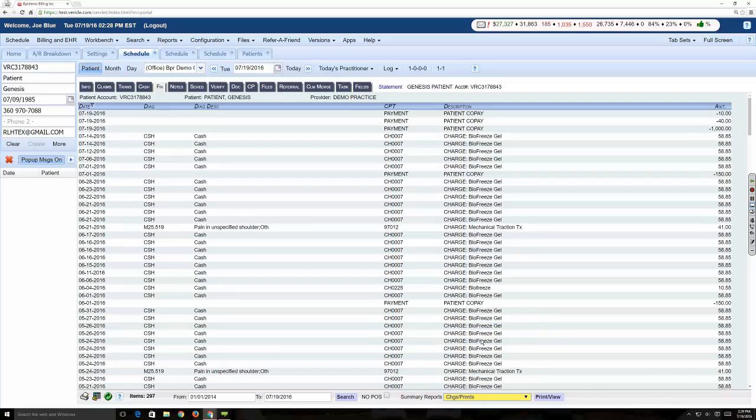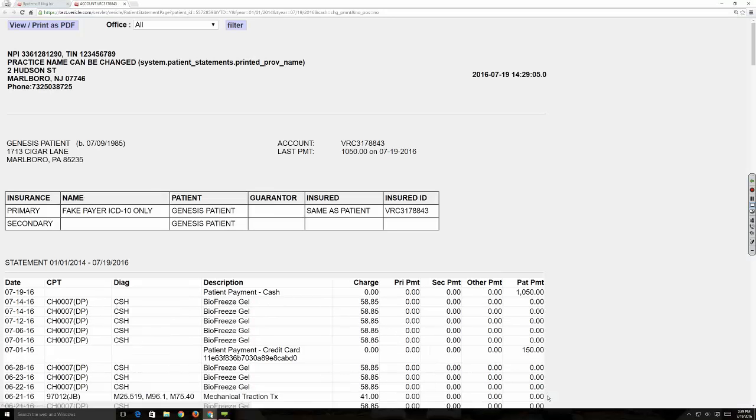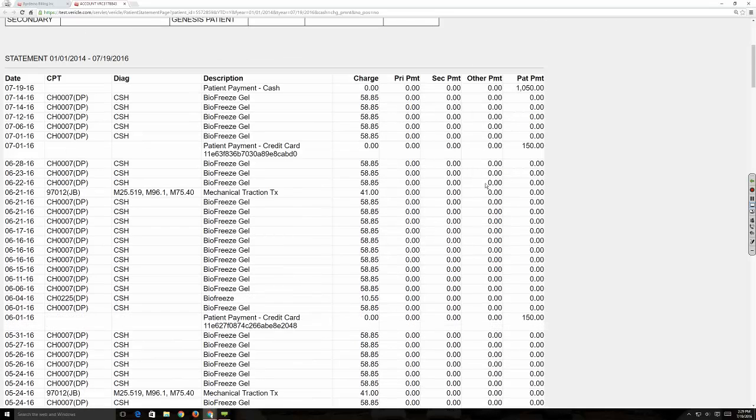So I'm going to choose charges and payments here, and I'm going to hit the print view button. Okay. So this gives you what looks to be a patient statement, but is really all of the charges, dates of service that are included, regardless of whose responsibility they are. You can see that it's broken down into primary, secondary, and patient payments. And you can see conveniently that the $1,000 that we just put on here are also included, $1,050 in total, that were paid in cash and posted today. You can then scroll to the bottom